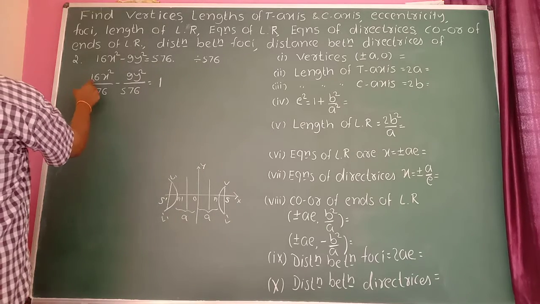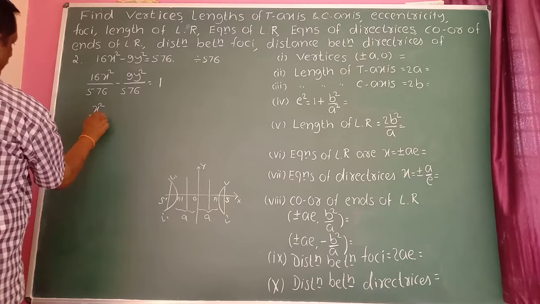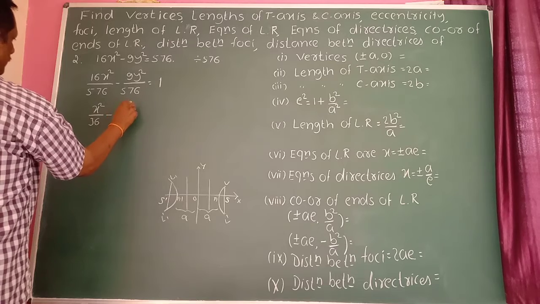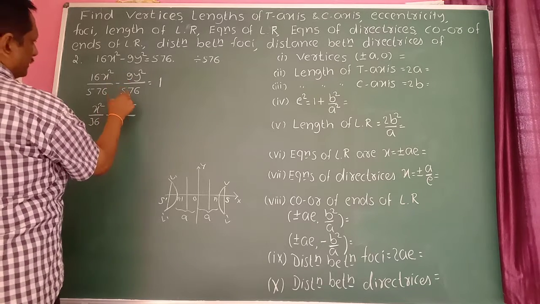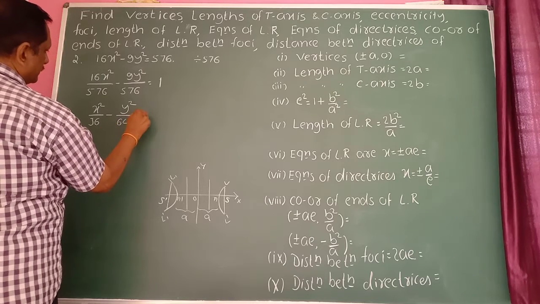Then 16 ones are 16, 36 is here: x²/36 − y²/64 = 1, since 9 × 64 is 576, equal